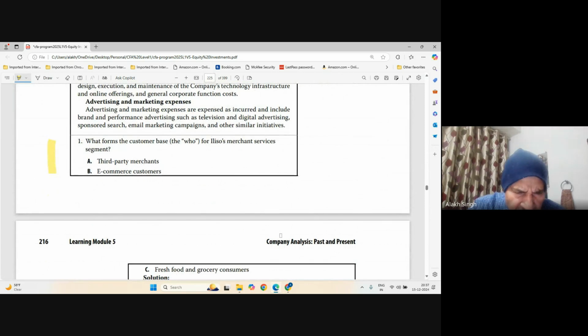So the question is, what forms the customer base for merchant services? Oh, it was actually an easy question. Third-party merchants are the customer base. He doesn't have to worry about its customers, the e-commerce customers. Only third-party merchants, they are doing everything. They are selling their product and the company is charging commission from them. So for this company, third-party merchants are the customer because the source of revenue is the fees from